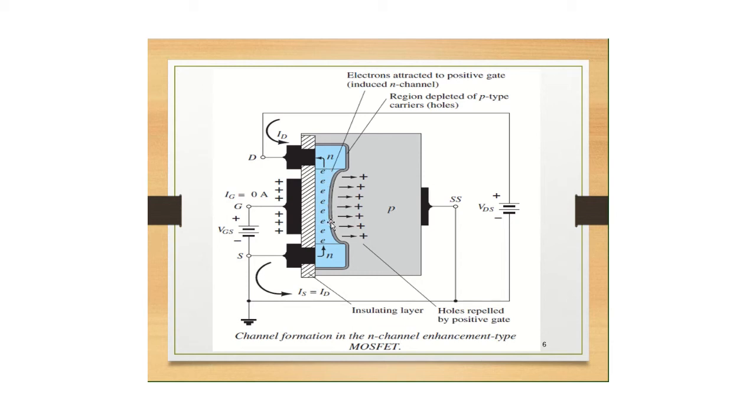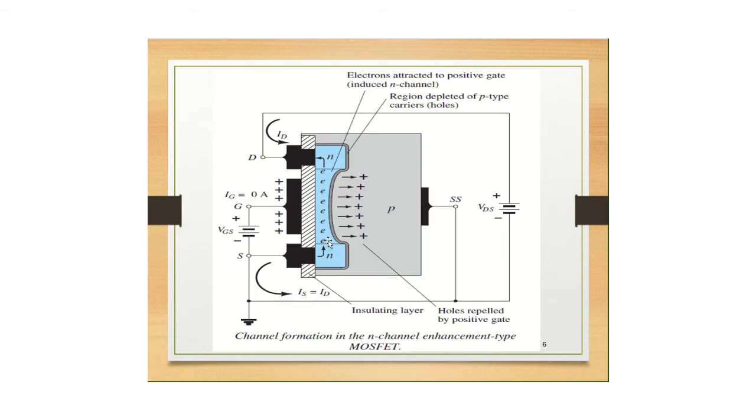Okay, I'll repeat. What happens if you are further increasing VGS greater than a particular voltage? Then the channel width will sufficiently increase so that it will allow significant flow of current. That is our drain current. Okay. Now, what is this particular voltage? This particular voltage, what we are talking about, is nothing but threshold voltage VT.